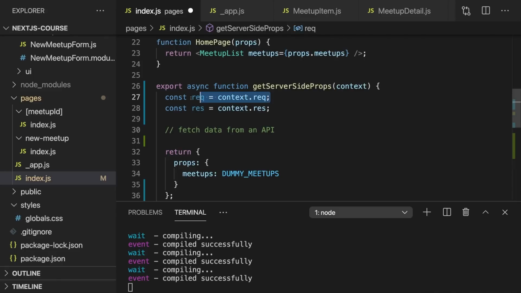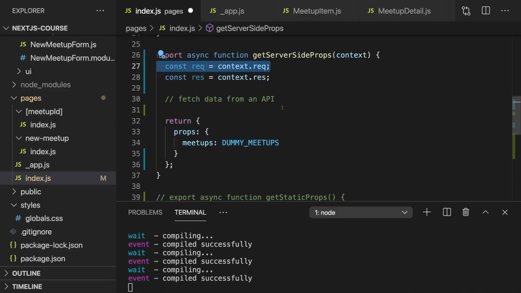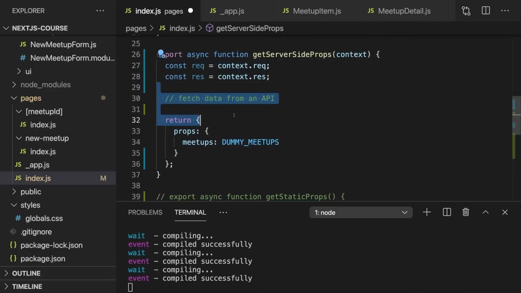And especially having access to the concrete request object can be helpful, for example, when you're working with authentication and you need to check some session cookie or anything like this. This is something which I show in my full Next.js course. It's a little too advanced here. But you do have access to the incoming request and all its headers and the request body if you need to. And that then might give you extra data or information which you need for the code that executes in